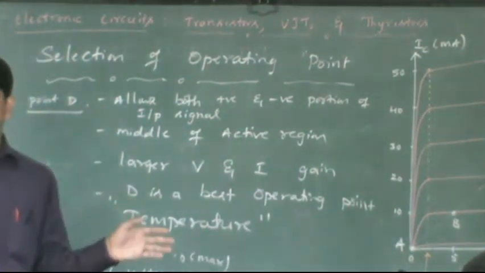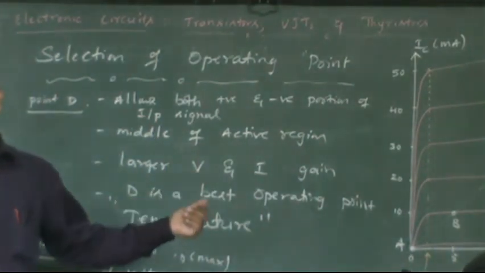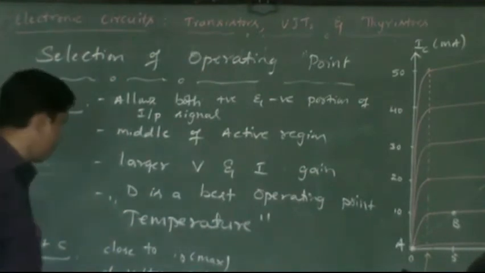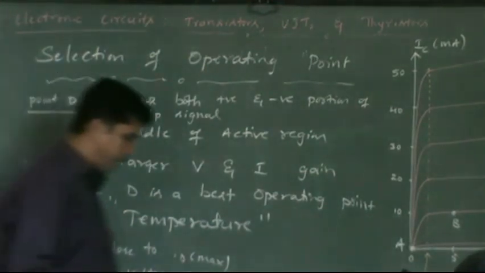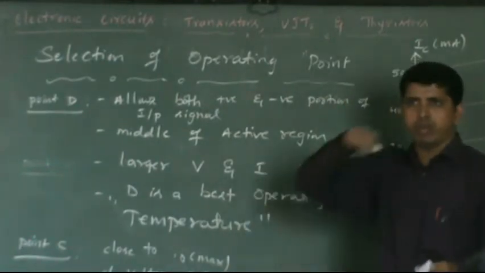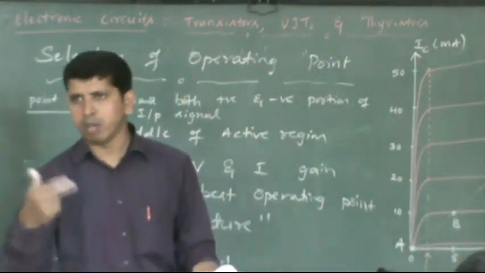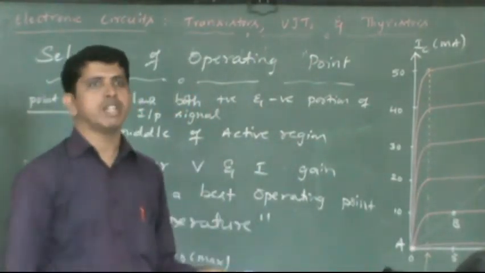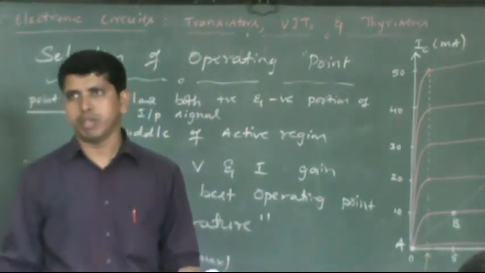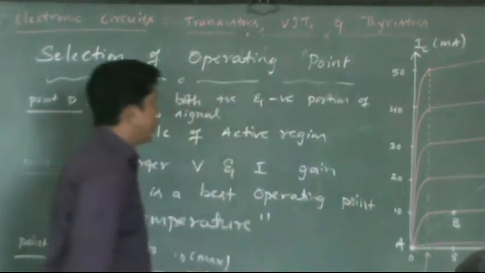Whatever the DC conditions you take and circuits you design for a proper operating point, that will fail because of the temperature. It will affect the total responses also. That's about the operating point here. However, we assume that our biasing networks, nowadays, are going to provide temperature stability kind of components also. Apart from amplifier design, we must also design the amplifier to be temperature stable for different temperature variations. So any questions, you can go through this.